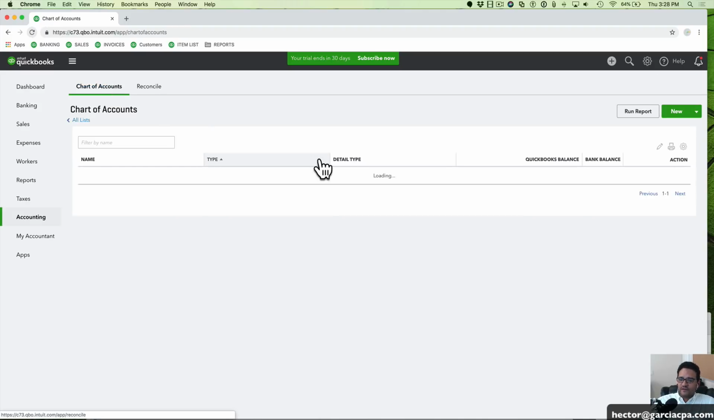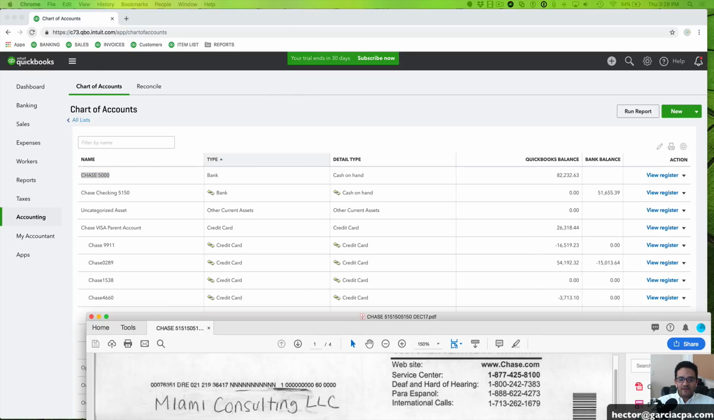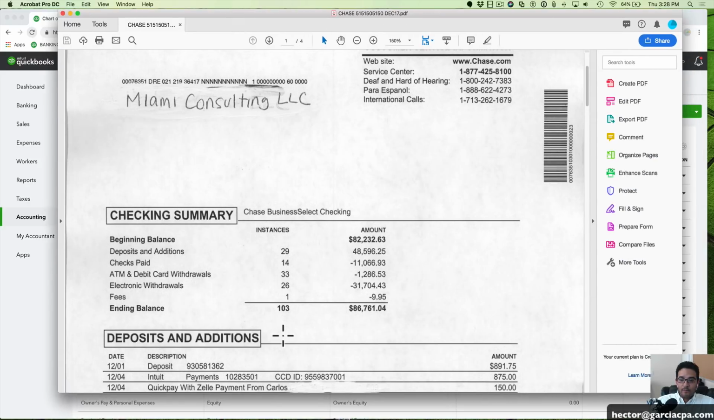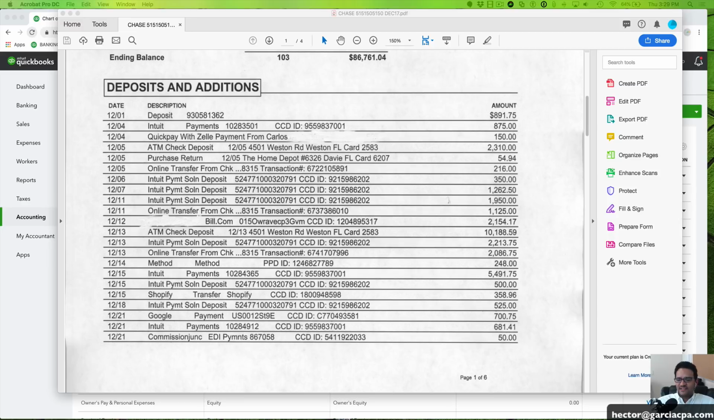So let me go back into the chart of accounts. Again, we had this account that we connected through Chase directly, which happens to be the same bank account, by the way. But this only downloaded the last 90 days. And then here with this first one, Chase 5000, I'm going to upload a month's worth of transactions, which equates to that PDF bank statement. So I'm going to upload these files. And I had downloaded a QBO and a CSV file